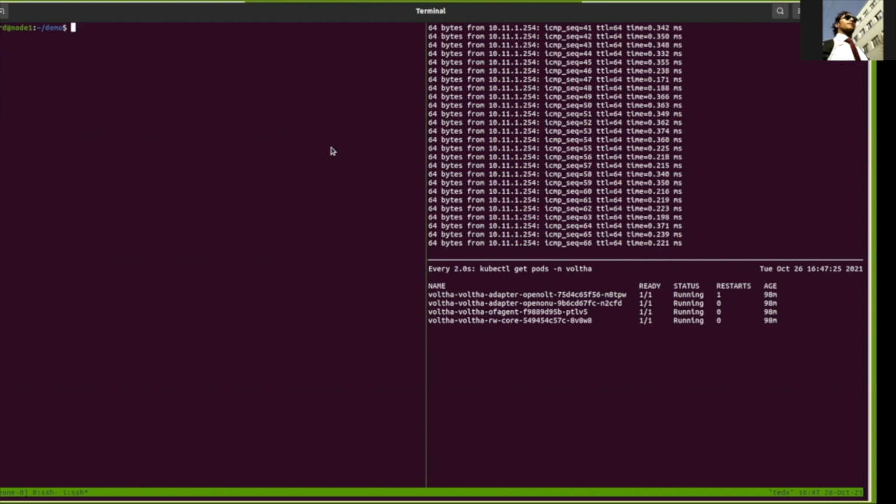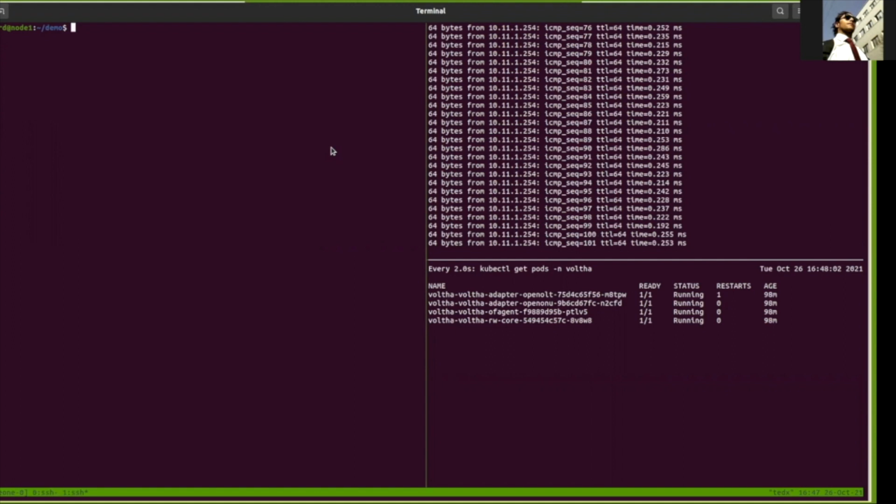When you're running a solution like VOLTHA in production, it's very important that the solution is resilient to failure. And this is something that we managed to build in our software thanks to the migration to the cloud best practices that are adopted in many cloud native projects such as VOLTHA. So as of now on my screen, you can see our client that is pinging out to the internet through the system. And you can see the VOLTHA components that are running